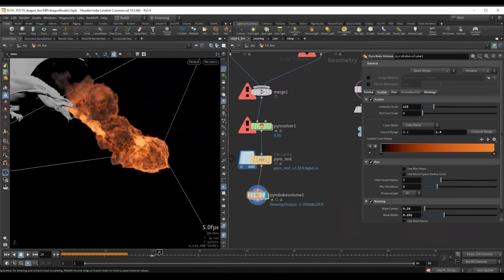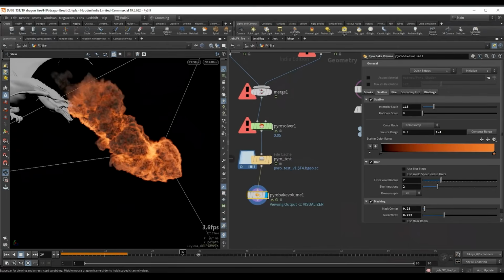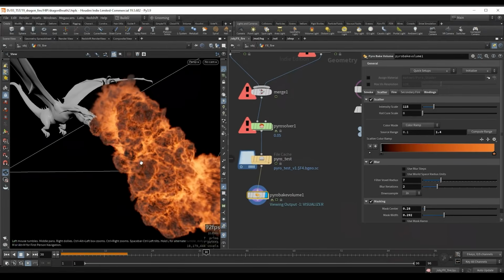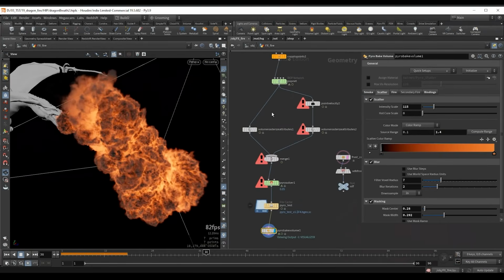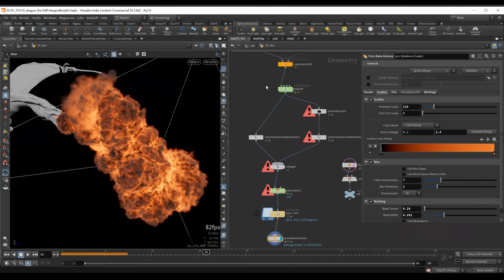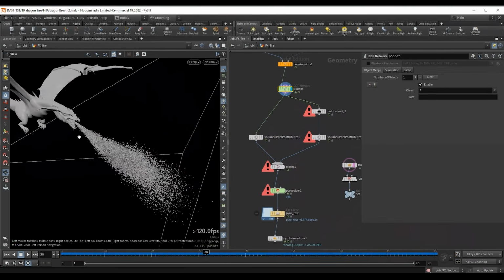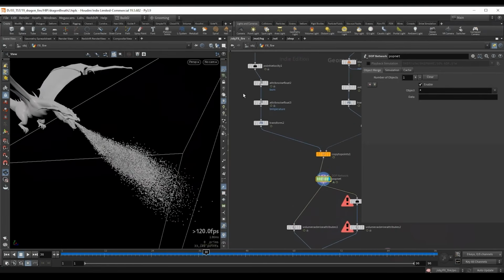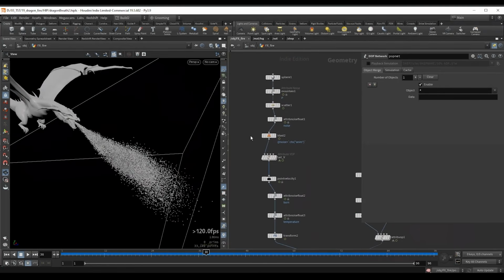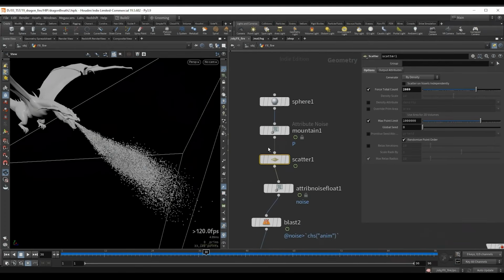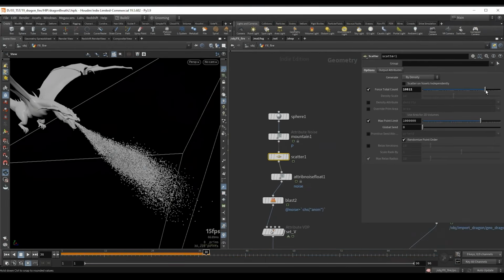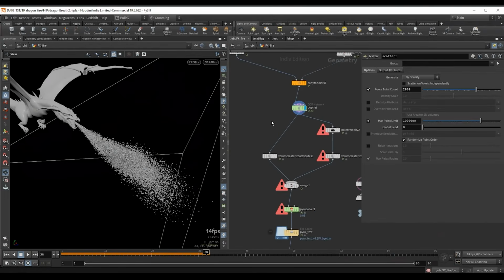All right, so now I think it looks a lot better, but still we have too much breakup. I would say we are kind of missing that directionality that we had earlier. So this is where all of the tweaking will start. You have to play around even with the scatter amount. All of the tweaking really starts right from the beginning. If I scatter less or more points, this will give us a different result.